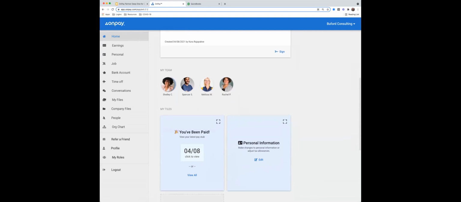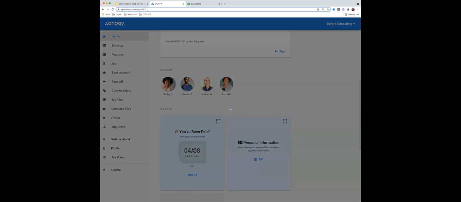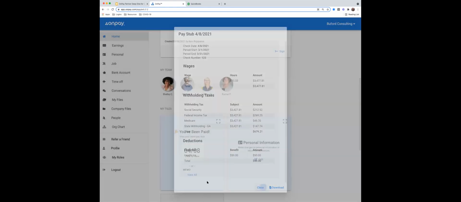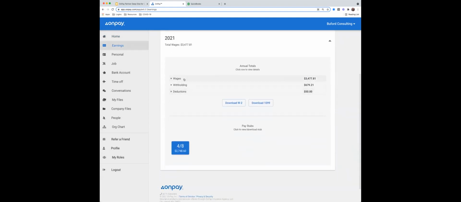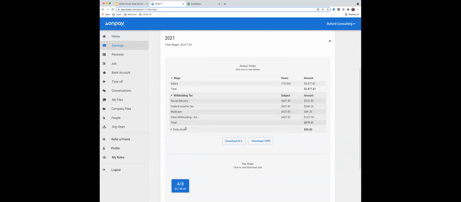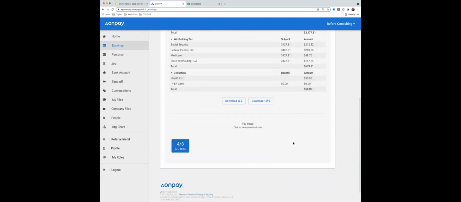Now, from this window, I also am able to see my most recent pay stub and download that if needed. I also can see any and all earnings that I've had with this company. I can see that in an annualized view or on a per-paycheck basis. Also, check it out: end of the year, or really January, February timeframe, I can come on in and download that end-of-year tax form as well, completely free of charge. And I've got other nifty features too.